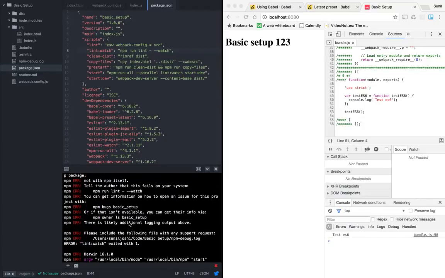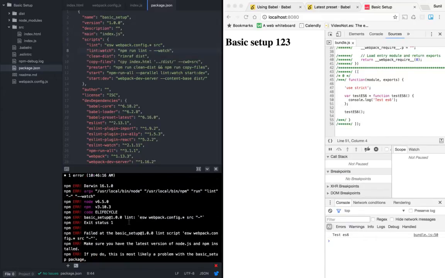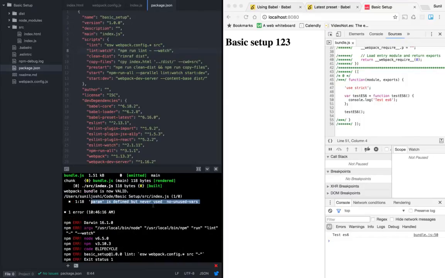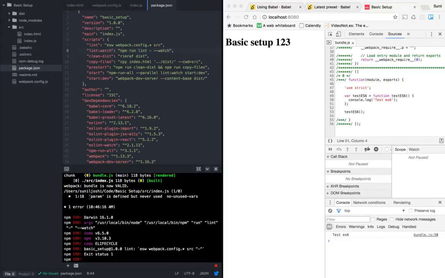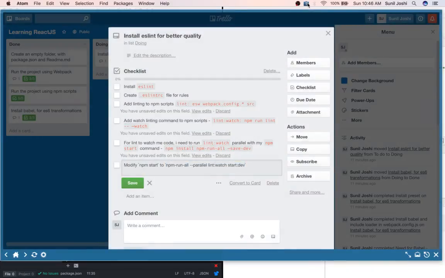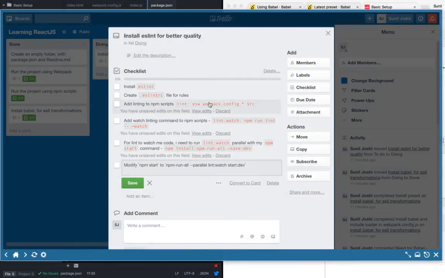Now, what it is telling me is the param is never used, right? This is the error it gave me while it was linting the code. I think I got the watch command wrong. Just give me a moment.